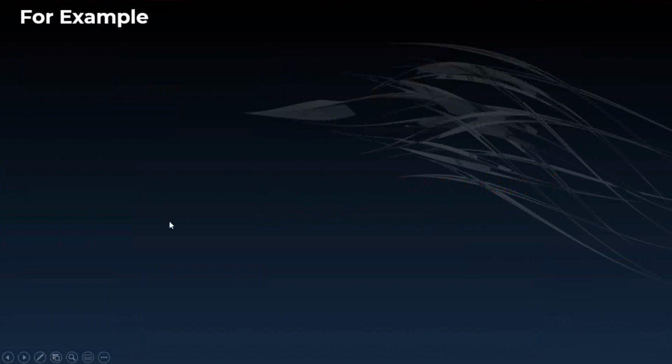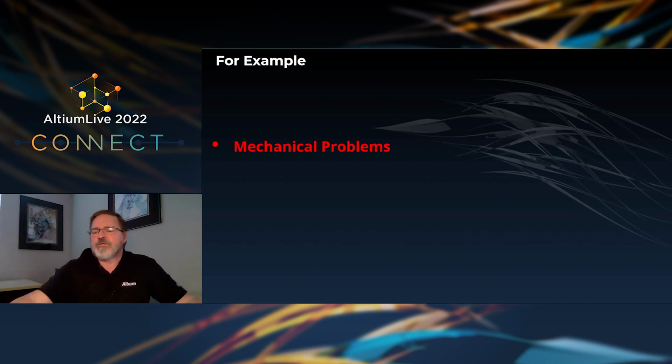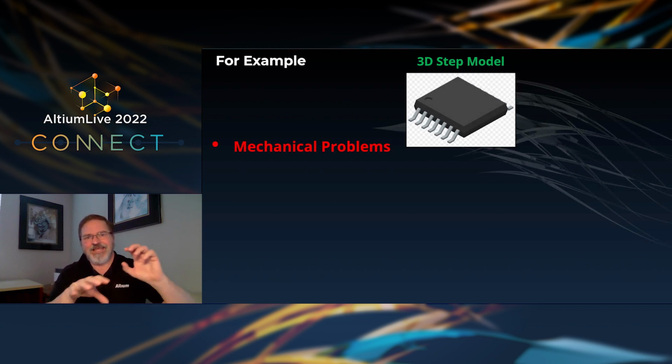I'll give you a great example. For example, if I had mechanical problems in my board, if I got an email or a call, my mechanical person told me, oh, by the way, we're having issues in mechanical fitting this into the case, for example. Well, what would I be looking at? I might look at the data sheet, for example, as the source of my information, but I would also look at the 3D step model, okay? And I would then begin to look at what is the root cause of the problem in my 3D step